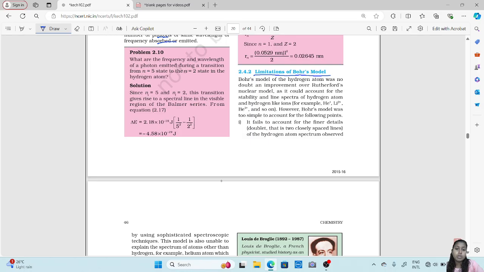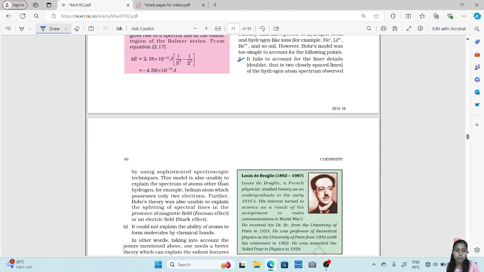However, Bohr's model was too simple to account for the following points. Because of these points, his model was not accepted. The first one is it fails to account for the finer details, that is the doublet, that is, too closely spaced lines of the hydrogen atom observed by using sophisticated spectroscopic techniques. It wasn't able to explain the finer details. Finer details means there is a doublet, two lines close to each other. So there are two lines which are too close to each other in the hydrogen spectra, observed by using a more sophisticated, high-tech